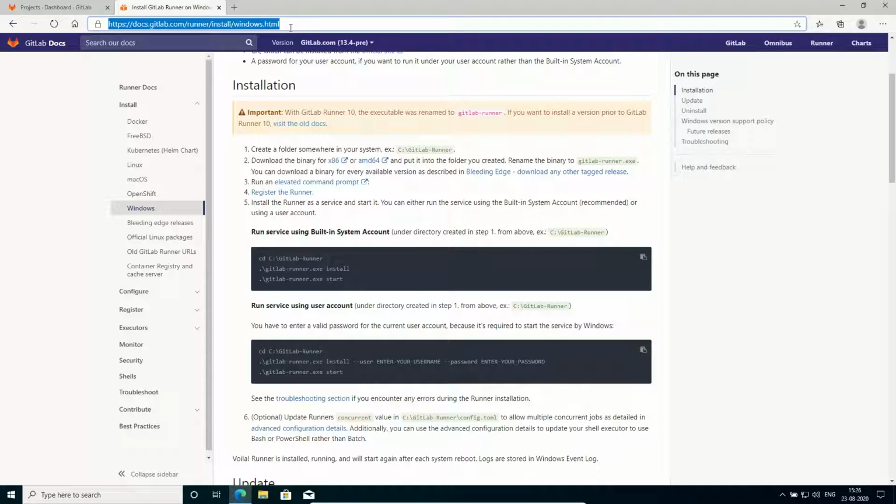So let's get started. As mentioned in the installation step, create a folder. First of all I will create a folder by this name, GitLab-Runner.